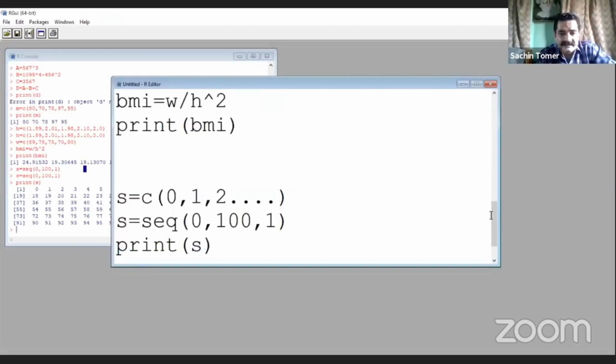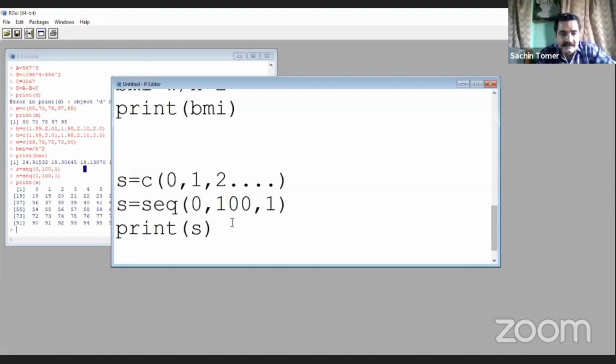Now let's understand the command we have given. seq means we are generating a sequence. The minimum value will be 0 and it will go up to 100 with an increment of 1.